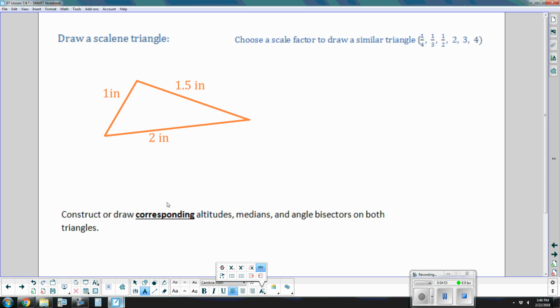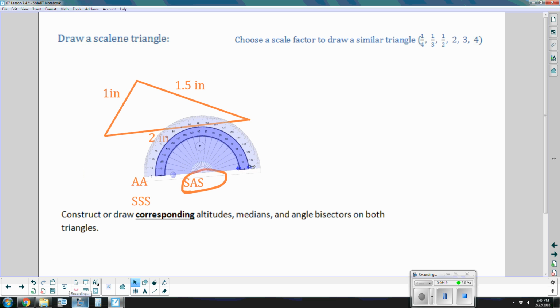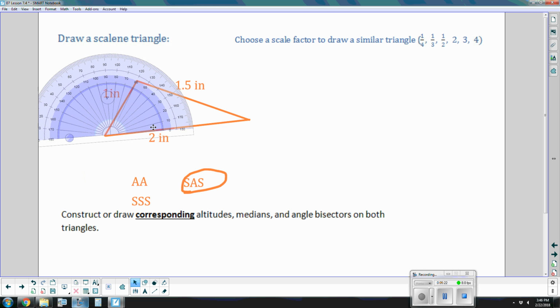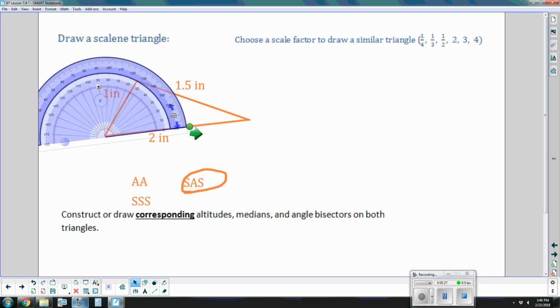Now there are a few ways you can draw a similar triangle. You can make all the angles congruent, so you could use angle, angle. You could make all the sides corresponding, or you could use side, angle, side. For this lesson, this is probably the easiest way to construct a similar triangle, because you're going to measure one of the sides or one of the angles of your triangle. I suggest you use side, angle, side, just because it'll give you the least amount of errors. So you should measure one of your angles,